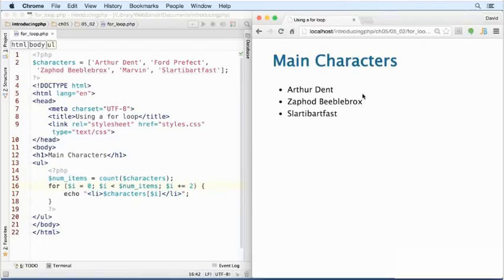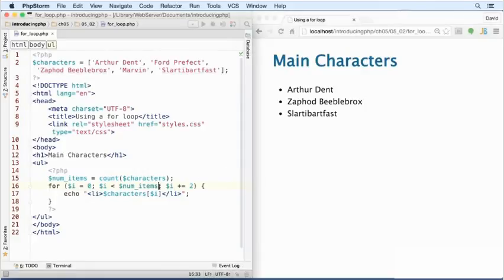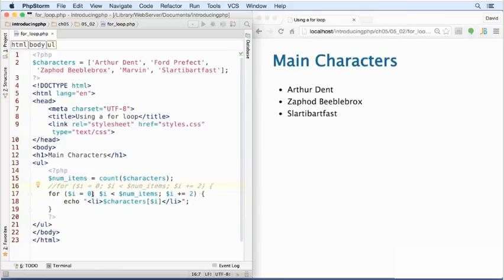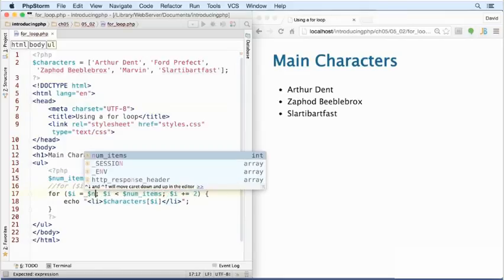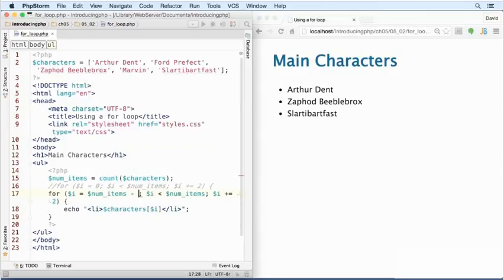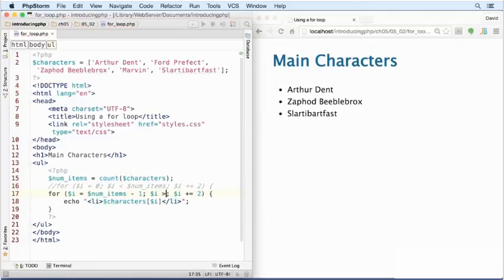We can also run the loop in reverse. So let's just duplicate this line, and then we'll comment out the first version. And we need to initialize I at num items -1. And then the condition, instead of being I being less than num items, we need it to be greater than or equal to 0. And then at the end, we will use the decrement operator, which is 2 minus signs immediately after the